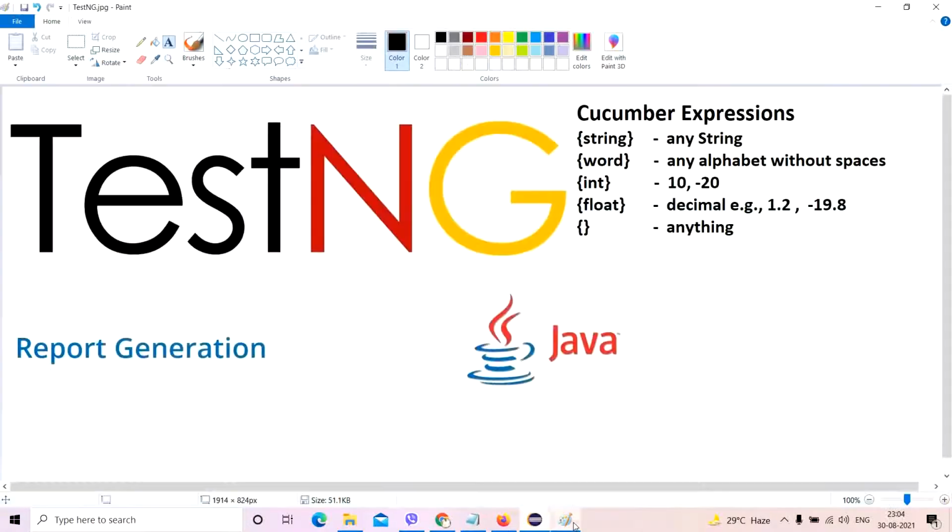So I hope you liked this particular session on Cucumber expressions. You would have learned something. This is something new which has come up. I'm sure it is much easier than the complicated regular expressions, because you will not remember them. Even I forget, so that's fine. But this one you can easily remember, and float is also something you can easily work with.